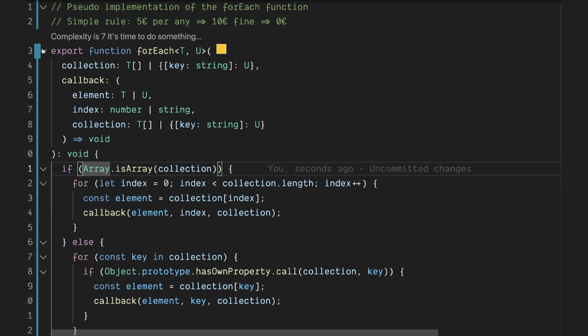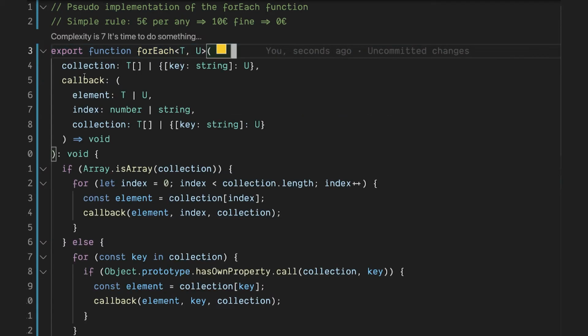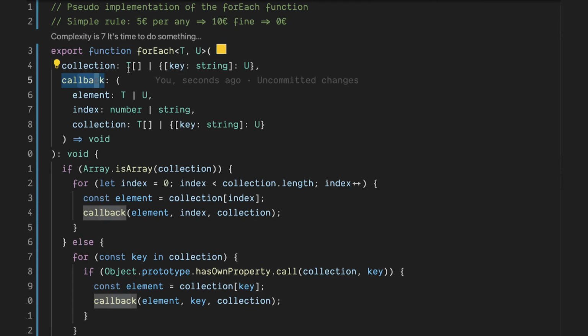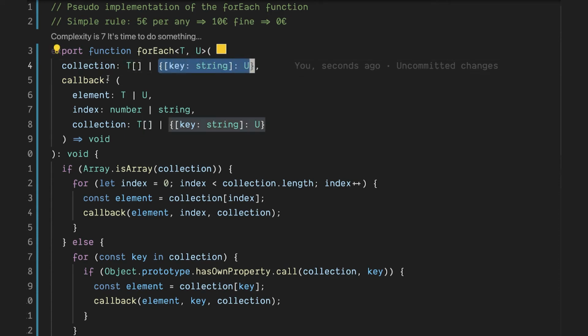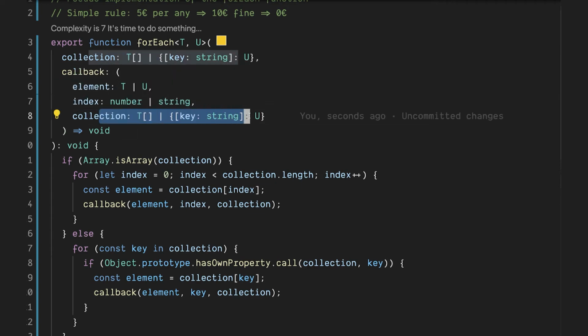And if I close this, I should be able to see that this function over here is basically taking two arguments, a collection and then a callback. And the collection is just that combination of either an array of T or an object. And the callback takes an element which is either of type T or of type U. The index takes a number or a string, and then we have the same collection here. Okay,